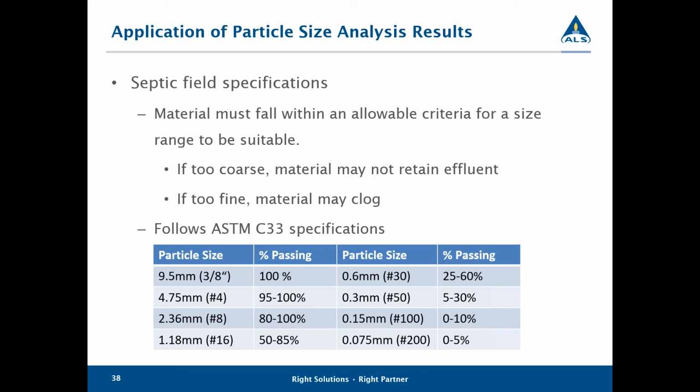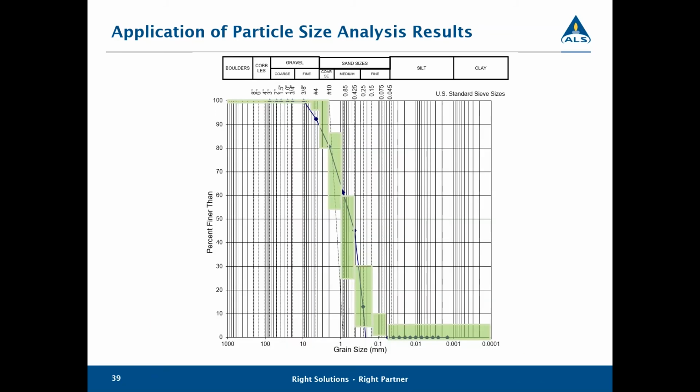In both of these situations, we apply ASTM C33 specifications, which can be shown easily on a particle size grain size curve, where we have the green Goldilocks zone, we can call it, where if the particles fall within that zone, it will be suitable for those types of applications. In a situation where it falls to the left of the Goldilocks zone, the material could be too coarse. And if it falls on the right side of the Goldilocks zone, it would be too fine of a material and not usable in those types of